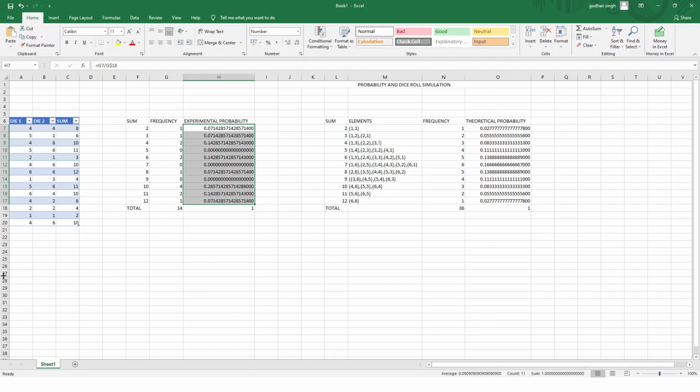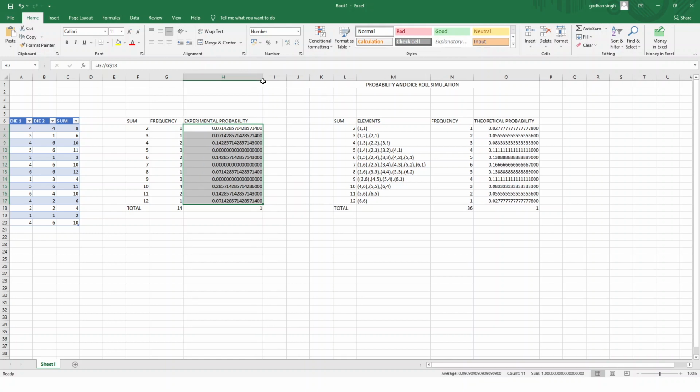Now in our case, how many trials have we taken here? In experimental probability we have taken 14 trials. When we have taken 14 trials, you can see the probability of sum as 2 is how much? 0.07 if it is only 2 decimals, and here it is 0.02. So it is not correct. It is there because we have taken very few trials. So in experimental probability we have to take a lot of trials. If we take very few trials, then definitely our answer will be incorrect.